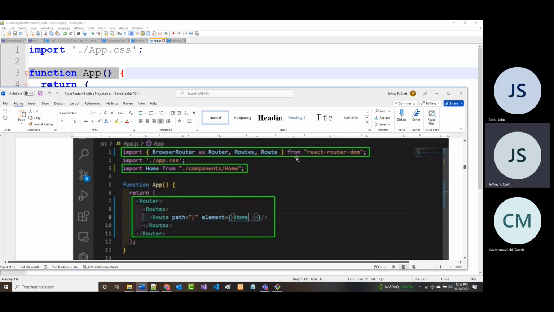It brings in from our React router DOM, that's what brings in browser router or route. It brings in routes, and it brings in route. So it brings in everything that we need. This basically is just telling us that we want to use that home component. All right, so